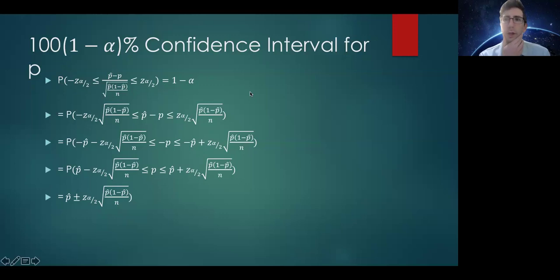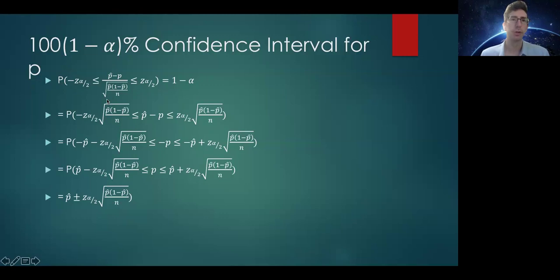I know this might look like a little bit of a scary formula, but it's really not too terrible. I just wanted to walk through this to show you how we're going to get to our final answer and our final formula for a confidence interval for the population proportion,